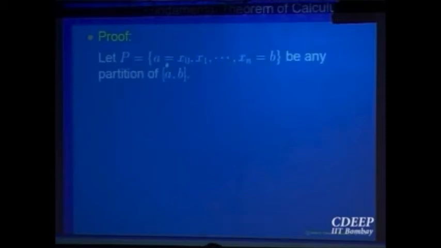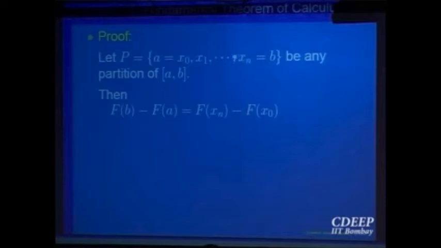This is a partition, a, x0, x1, x2, ..., xn, and look at the subinterval. What is f(b) minus f(a)? That is the right hand side I want to compute, right? B is equal to xn, a is equal to x0, so that is f(xn) minus f(x0), right? Now, till now the partition has not entered into the picture. I will introduce a partition in between.